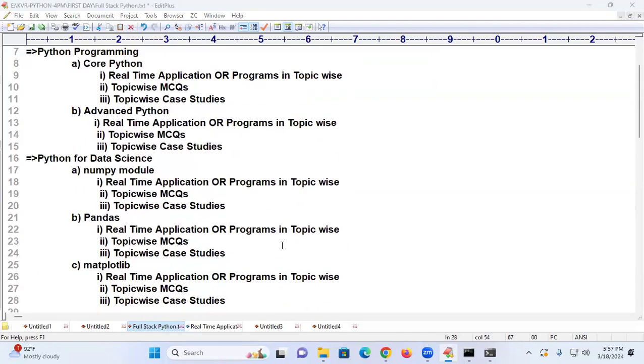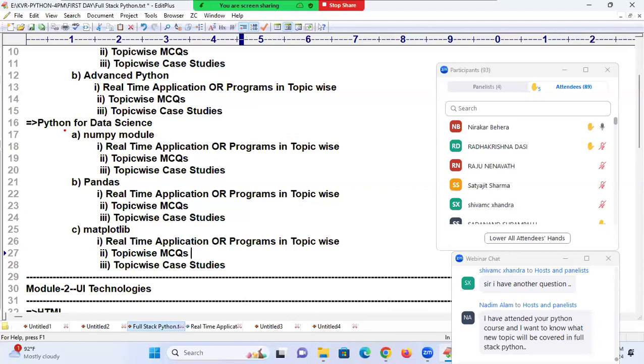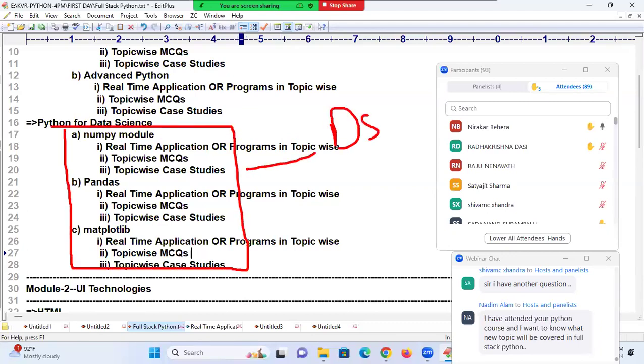Okay. And I see that you didn't mention some cloud things. Actually, in a data science career, cloud things are also needed, like model deployment. So what should I do? See, these are the modules for data science. After this completion, you need to go for data science.